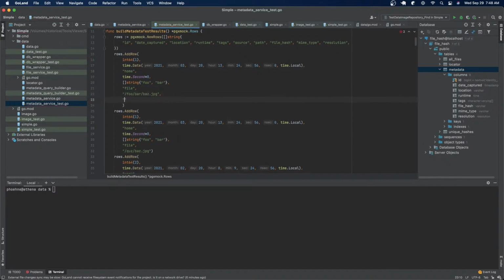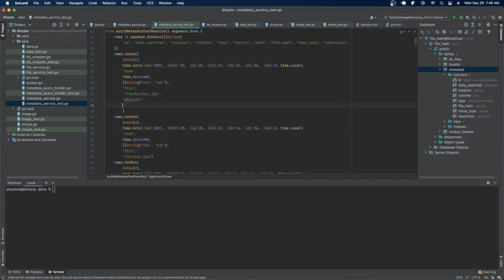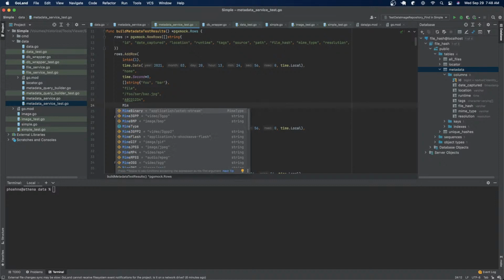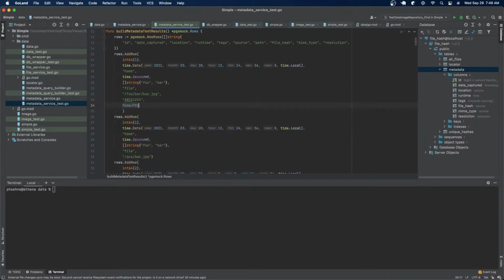So the file hash, I'm just going to make up a number, ECD1234. MIME type, we're going to go with MIME JPEG, and we're going to go with